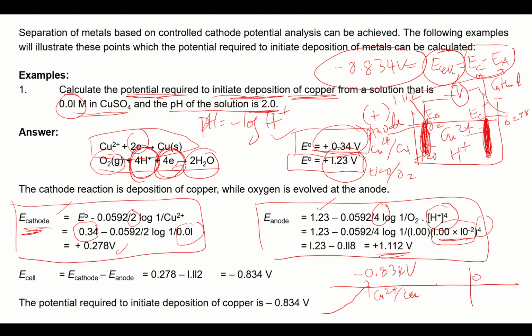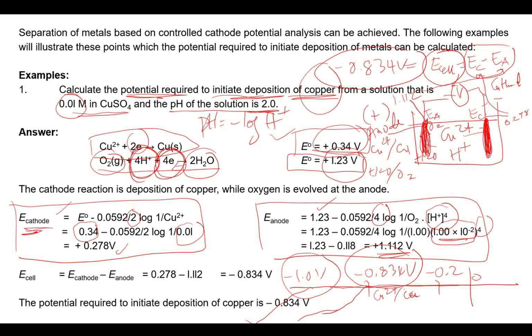If you use a lower or more positive potential here, for example negative 0.2 volt, you will not get the product. You won't get copper on the cathode because it does not deposit, because the initial deposition potential is negative 0.834. If you use negative 1.04, a lot of copper will be produced on the platinum, probably with co-deposition with hydrogen evolution.